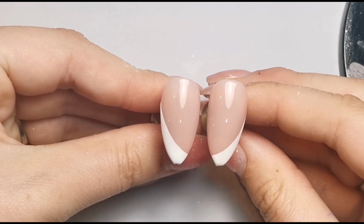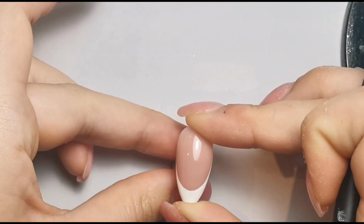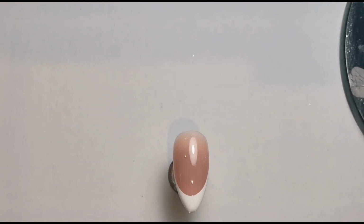Yeah, it's definitely a little bit thicker, but I'm not going to lie, I'm not going to fix it because it's not that much thicker. So we'll just sort of fix that with the outline that we're going to do. So here is this nail that's all suddenly wonky. There we go. Now I'm just going to clean off my brush, and I'm also going to get a dotting tool